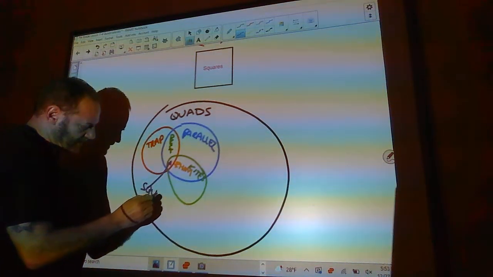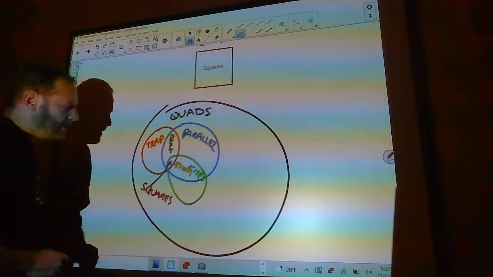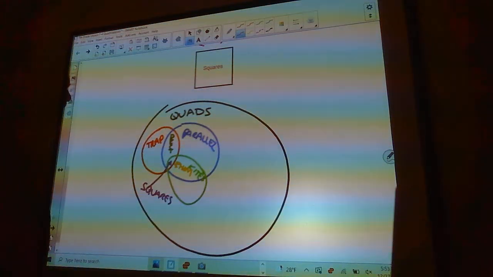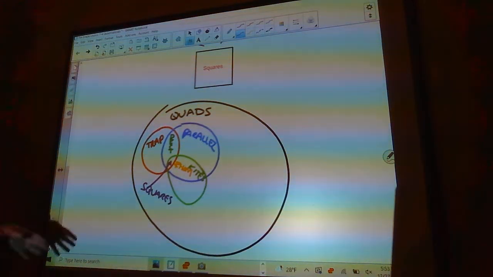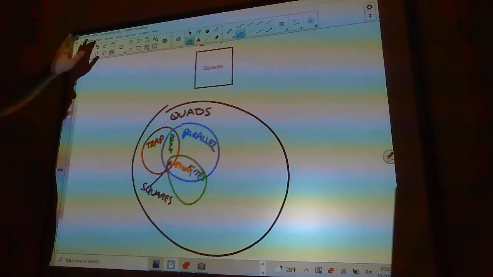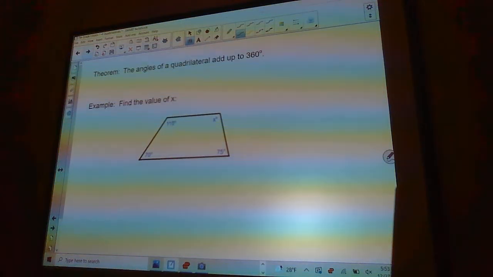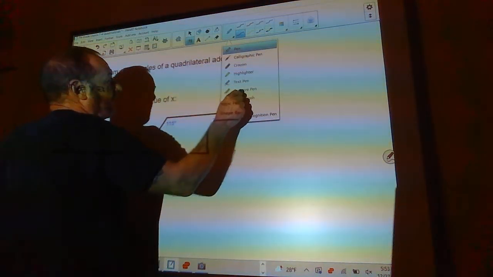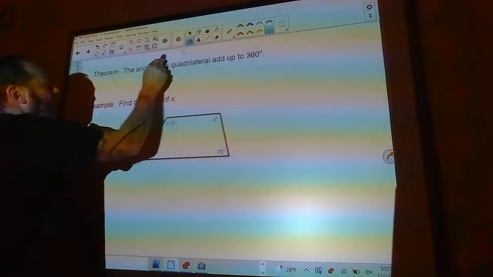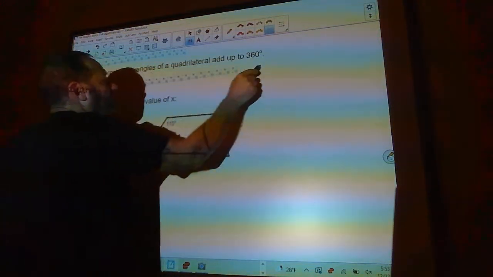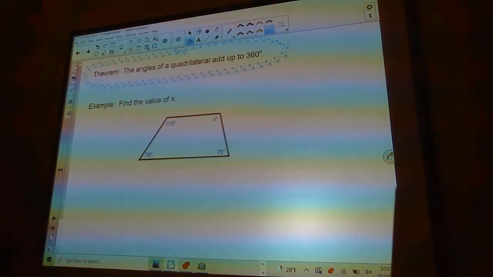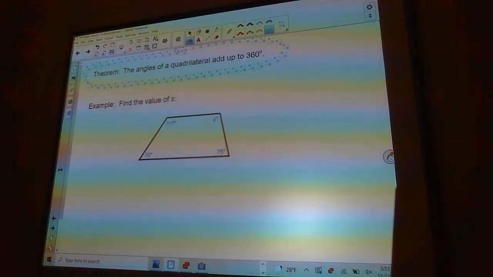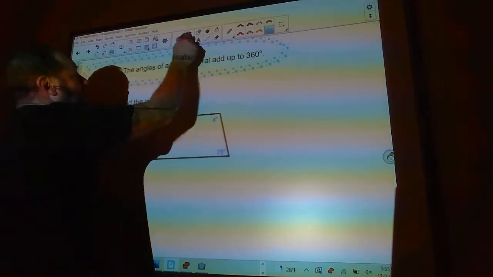So it's a pretty difficult Venn diagram to draw. Very complicated. Okay, so here's the theorem. You should know this. The angles of a quadrilateral always add up to 360 degrees. Okay, so keep that in mind